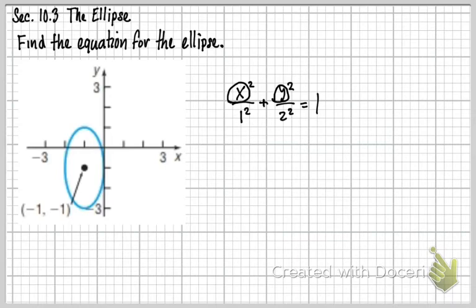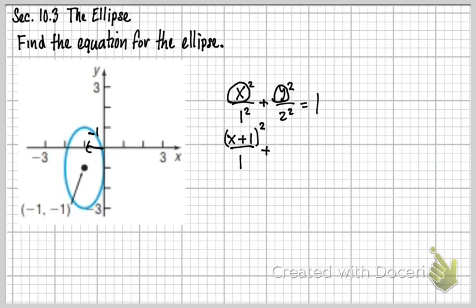So now think about this. If I'm going to do a shift in the x direction, I'm going to go to the left 1. So that tells me this is going to be an x plus 1, because what makes that 0 there? A -1 does, and going to the left is going to be a -1. So that's going to be an x plus 1 squared, and that's going to be over 1, because 1 squared is 1, plus